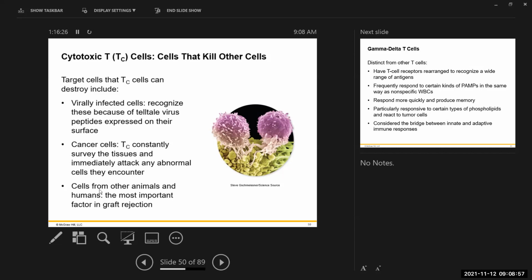In the ER, these viral proteins will end up being bound to class 1 proteins. And then those class 1 proteins get trafficked to the cell surface where essentially they will have this viral protein presented out there like that. So this cell essentially has this viral protein, and this